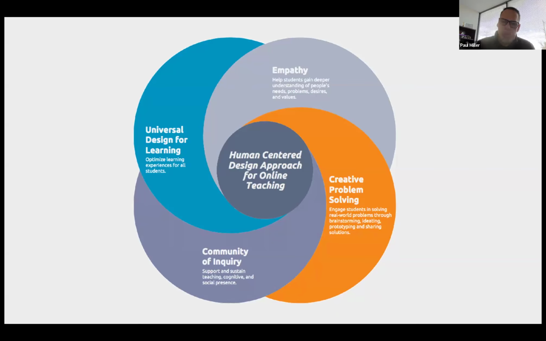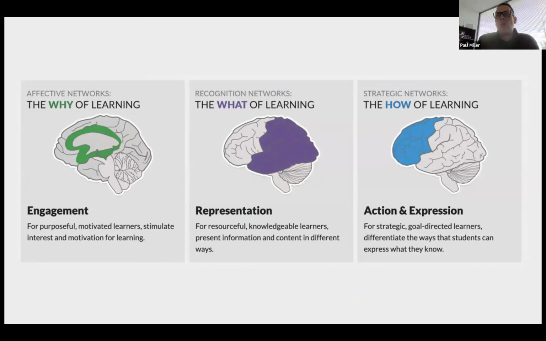So if we can get students to be a part of designing the solutions for specific learner groups, they can actually engage more and they can go through that process between understanding information and transitioning that from short to long-term memory. And that's where universal design for learning comes into place, right? If we can tap into the tenets of universal design for learning, we can transition that ownership not only to the students, but from the student's short to long-term memory by addressing the what, the whys, and the hows of the learning experience,